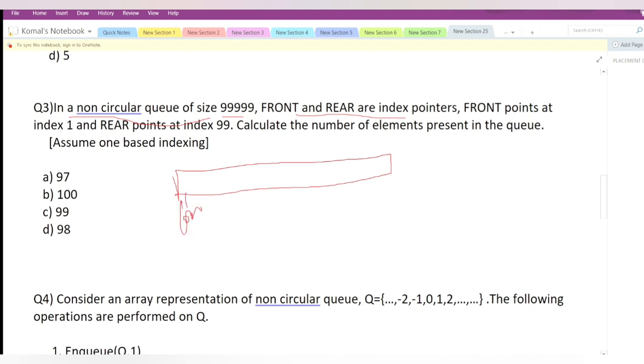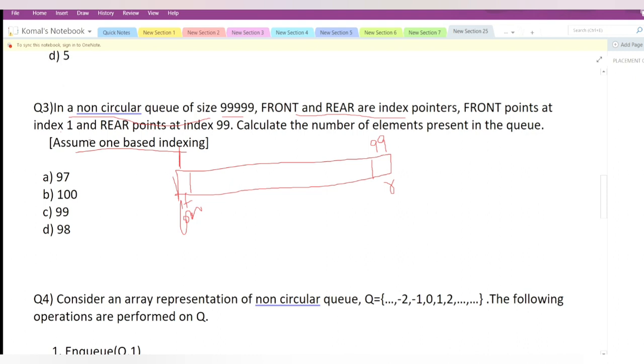Take F for front, pointing at index 1, and R for the rear, pointing at index number 99. Now we have to calculate the number of elements present in the queue, and it says to assume one-based indexing. One-based indexing means the indexing starts from 1, not from 0.